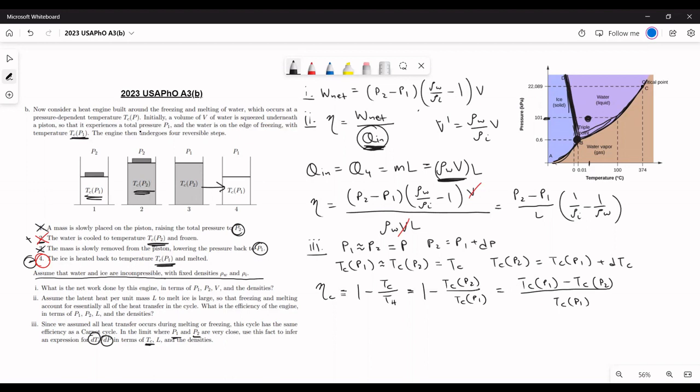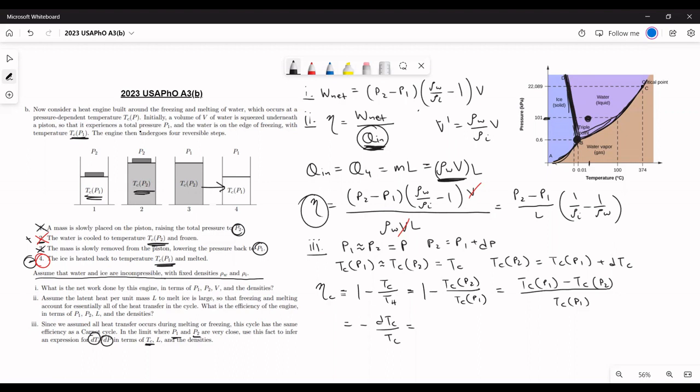And now from our assumptions, we know that we can write the numerator as just negative dTc, and the denominator Tc at P1 is just approximately the common value Tc. So this is the approximate value of the Carnot efficiency in the limit where the two temperature reservoirs are very close in temperature. And now the problem says, by the assumption of the problem where the heat engine that we dealt with in parts 1 and 2 reduces to a reversible engine with Carnot efficiency, we can just set this equal to